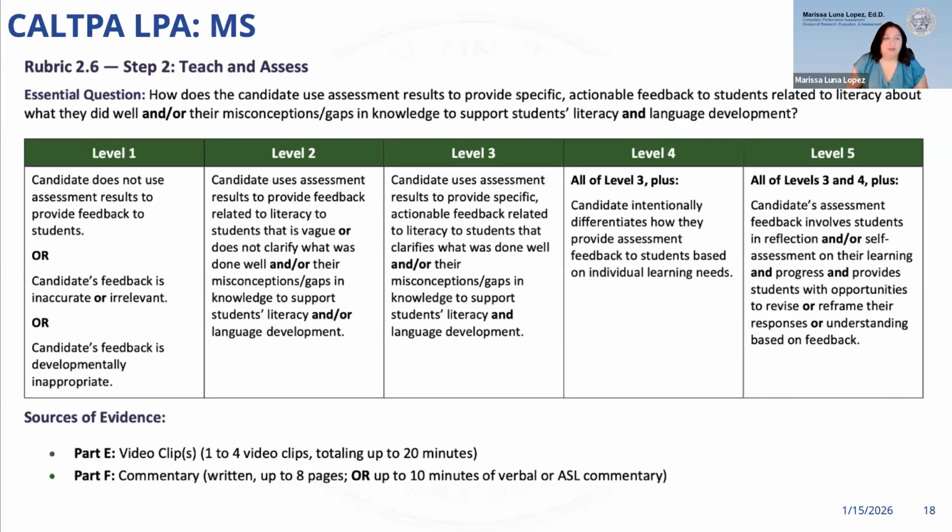And so the biggest thing here is that candidates need to provide that specific actionable feedback. What is specific? How can they move forward? I saw your paragraph. You really did a great job of including capitals at the beginning and marks at the end. And I noticed, because we've been talking about proper nouns, that you made sure to capitalize every one of these proper nouns.